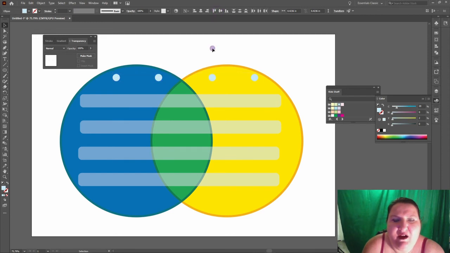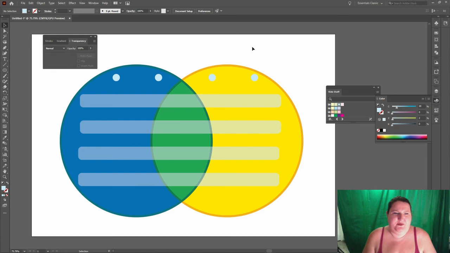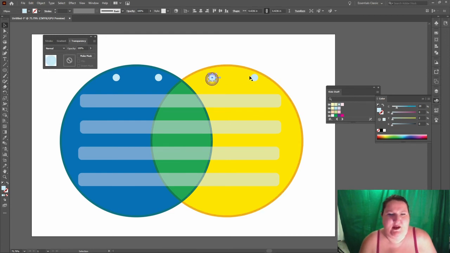Okay. These aren't quite far enough. That works. Okay. Next thing I need to do, I need to highlight the blue and yellow circles as well